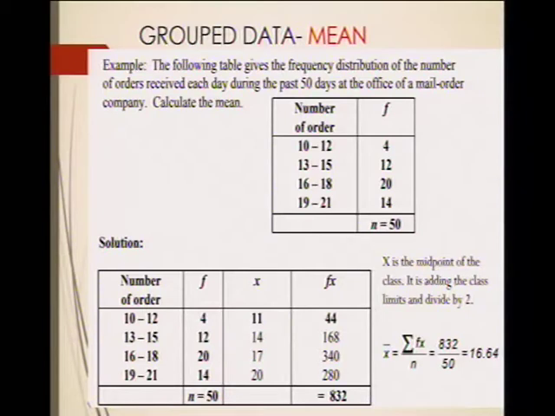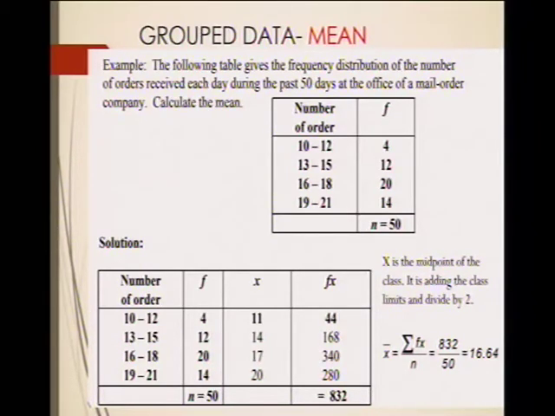Okay, for the mean of the grouped data, you have to multiply the frequency, which is the second column, with the midpoints. Now you have to create the column of midpoints. Because what you are given is just the first table, then you have to add the other columns for you to get your results. How do we get the midpoints? For example, the first one, for the class 10 to 12, you have to add 10 and 12, and that will give you 22, you divide it by 2, then that gives you 11. For the second one is 13 plus 15, and that gives you 28, divide by 2, it gives you 14,